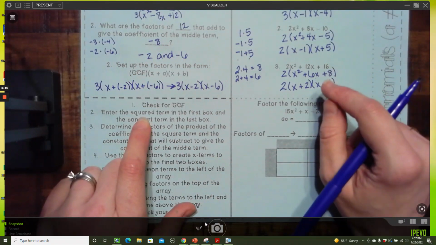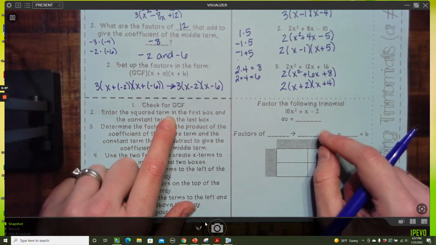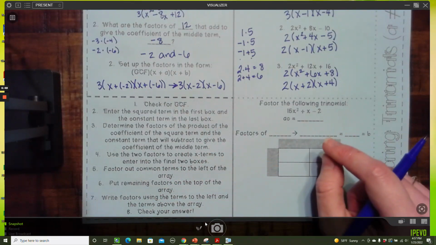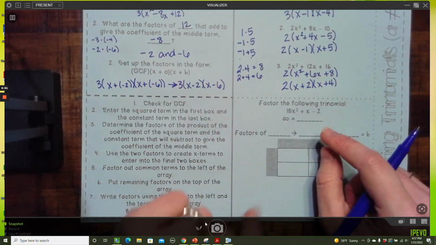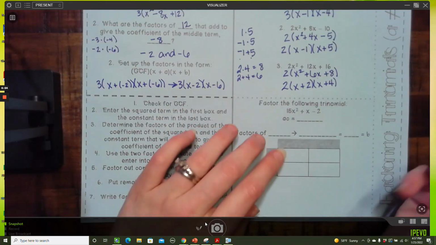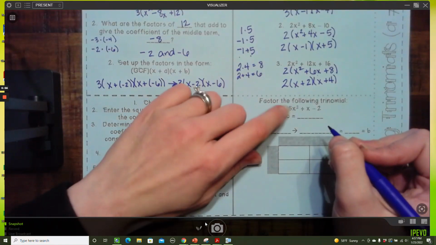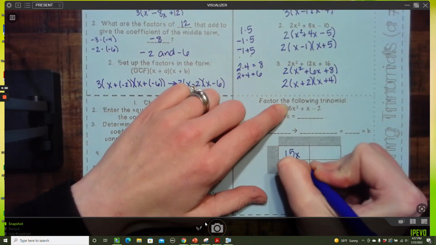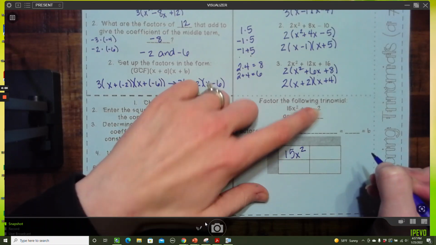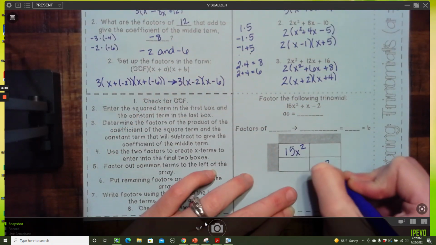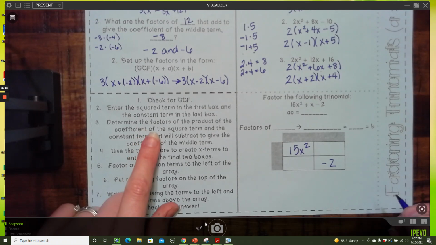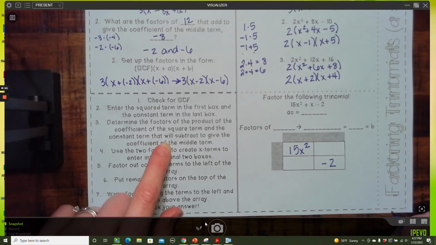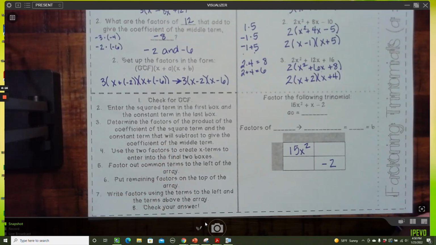So step 2 says enter the squared term in the first box and the constant term in the last box. So the first term is this 15x squared. The constant term is that negative 2. I'm going to put that there. And it says determine the factors of the product of the coefficient of the square term and the constant term that will subtract to give the coefficient of the middle term. So what it's asking is,